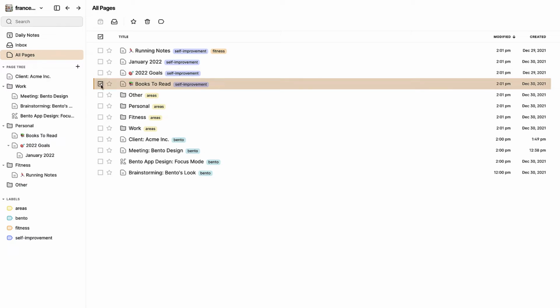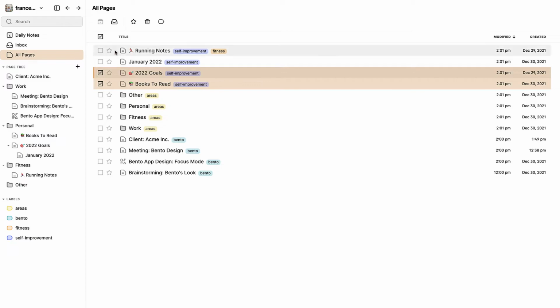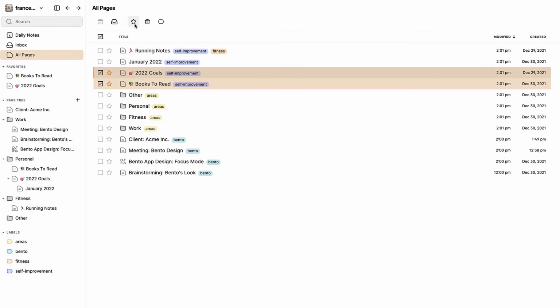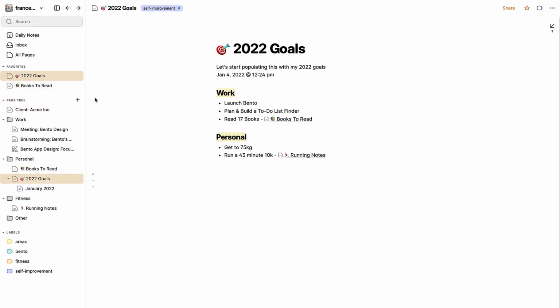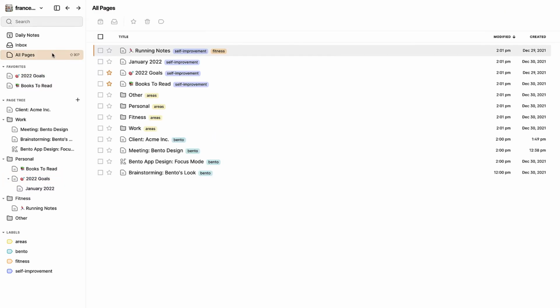So books to read is going to be something that's quite important, and 2022 goals, probably two things that I want to have at the top of my list. If I press favorites, they appear on this left hand side, and I can actually reorganize them based on their importance as well, which is perfect for easily grabbing those valuable notes or documents that might need to be accessed at any given time. So I can use these stars or these tick boxes to create multiple actions. I can do that even deleting them, adding to them in the inbox,